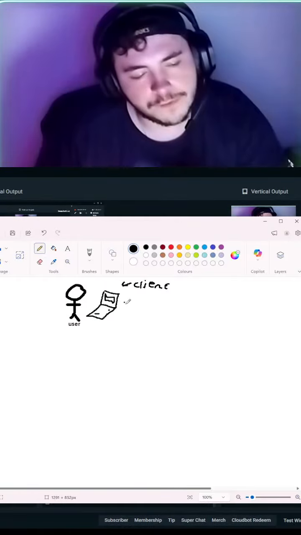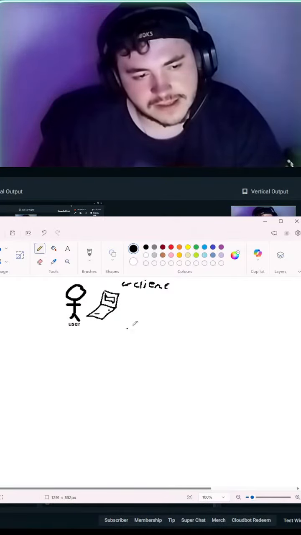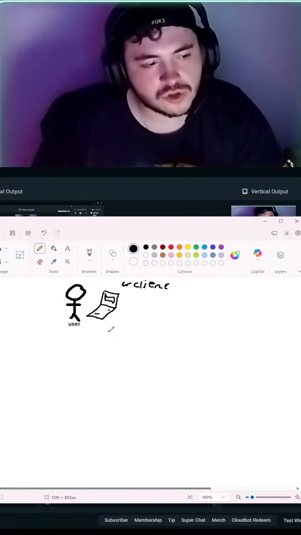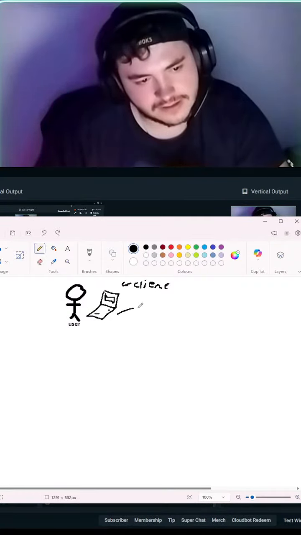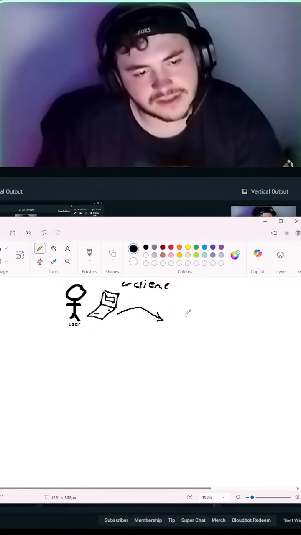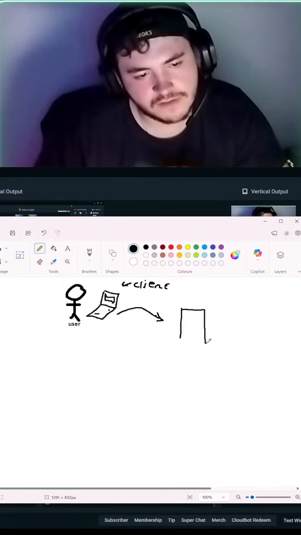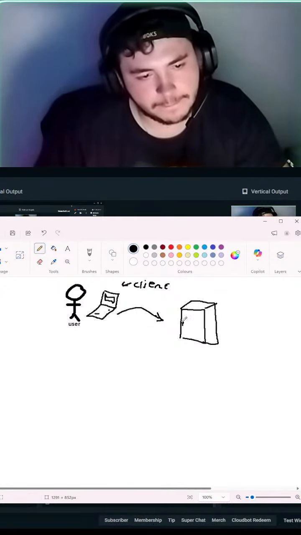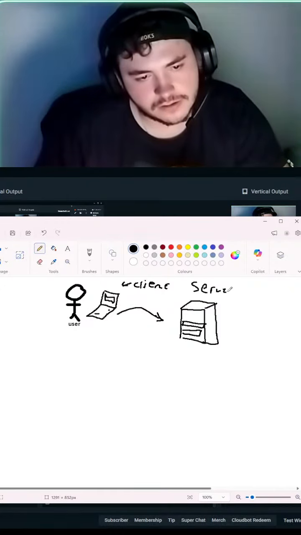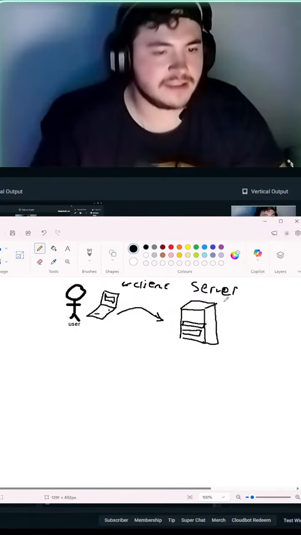Now, in order for your computer to work, it needs to make a request to a server. We're going to pretend that a server is just a big box that's filled with many server racks. Server. Okay, this is a basic example, right?